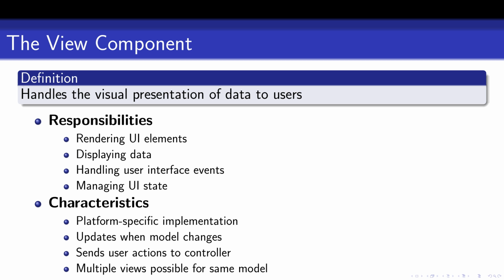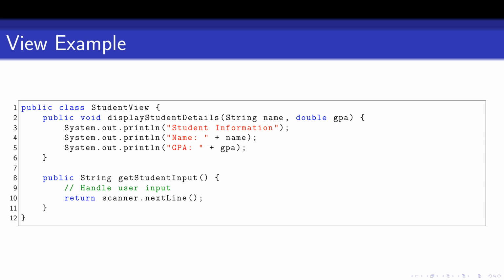The view component focuses on the visual presentation of data. It displays information, handles UI events, and manages the interface's state. The view is tightly tied to the platform and updates in response to changes in the model. For instance, a student view might display a student's name and GPA. It provides a clear and engaging way for users to interact with the system while capturing inputs to pass to